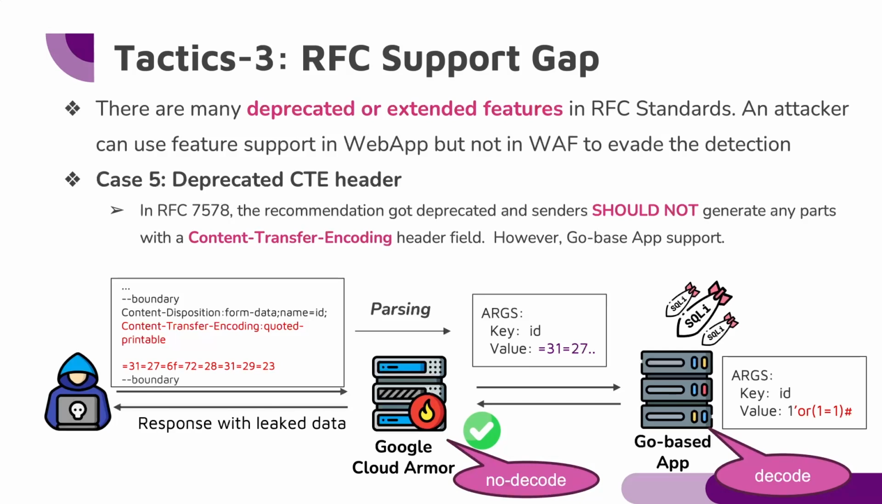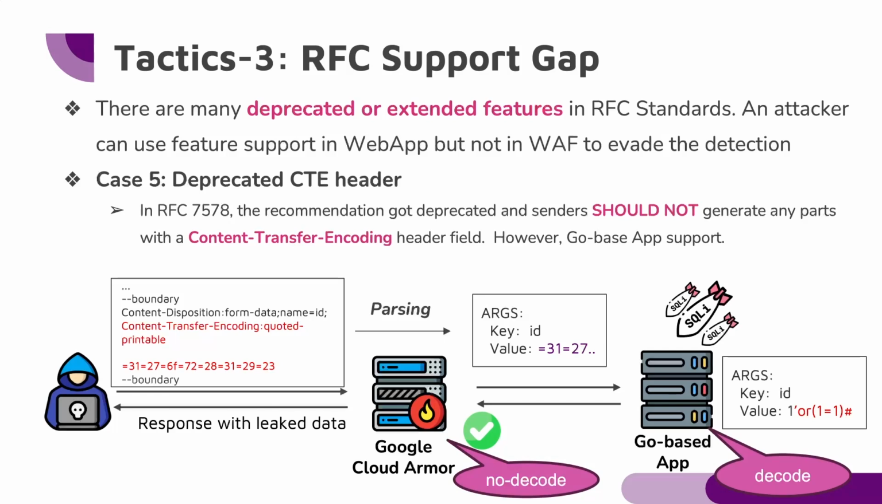For tactic 3, we found that there are many deprecated or extended features in the related RFC standards. An attacker can use features supported in the web app but not in the WAF to evade the detection. The difference from tactic 2 is that the attacker actually crafts a formal request that should not trigger WAF parsing exceptions. In these examples, we found the attacker can encode his malicious payload with quoted-printable,